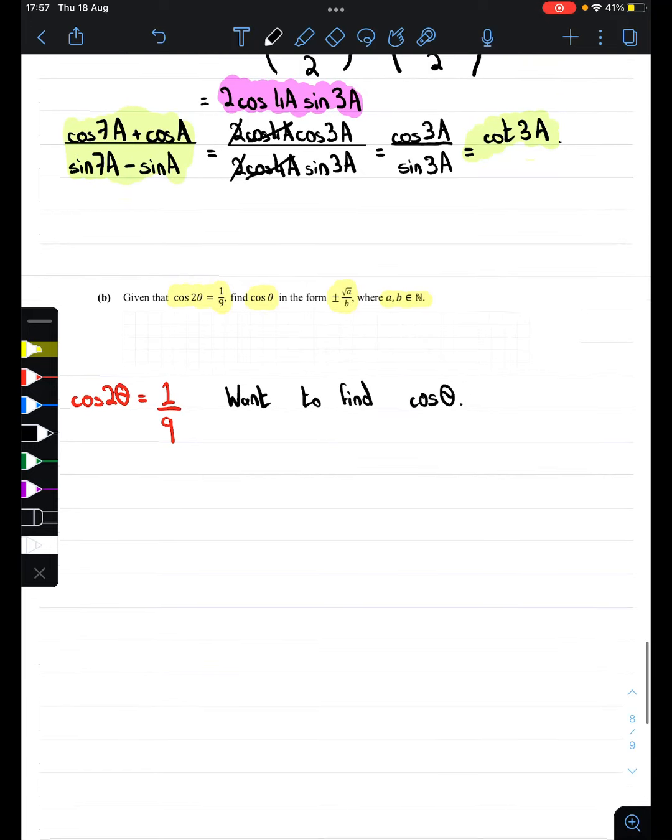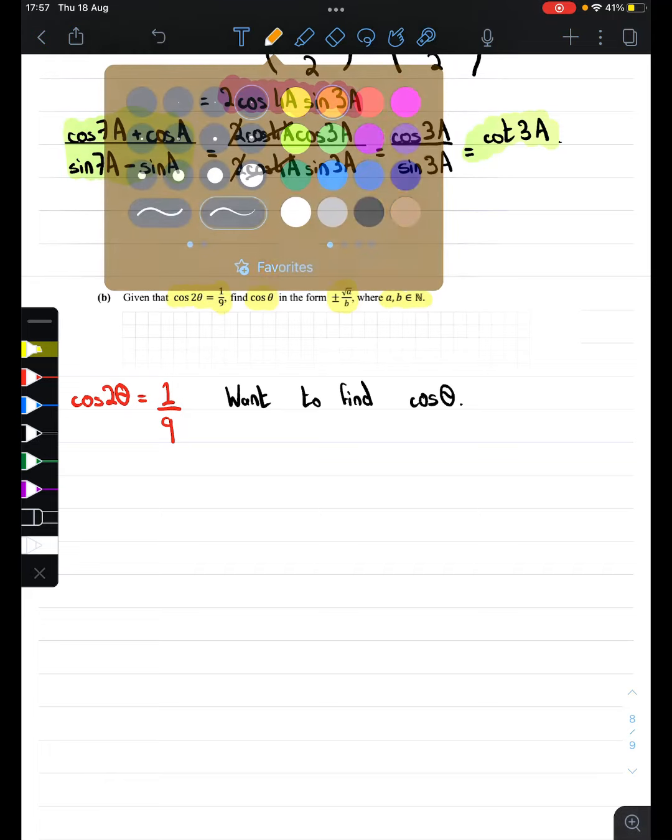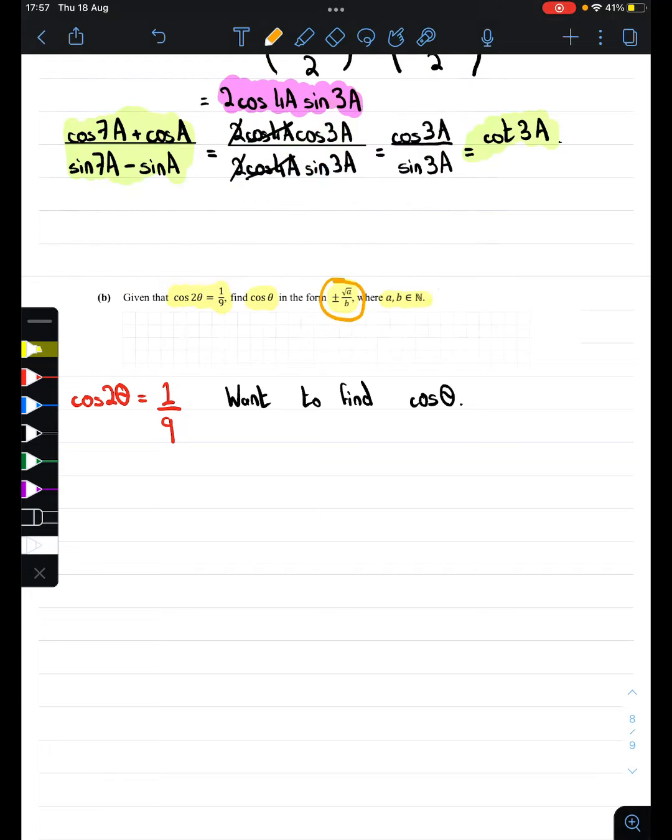Well, we could actually just solve for theta, but that doesn't seem like the right way of going about it, and it would probably give us this weird decimal in the calculator, and we wouldn't be able to write it in the form square root a over b as they've asked us to. So we're just going to go with the trusty log tables